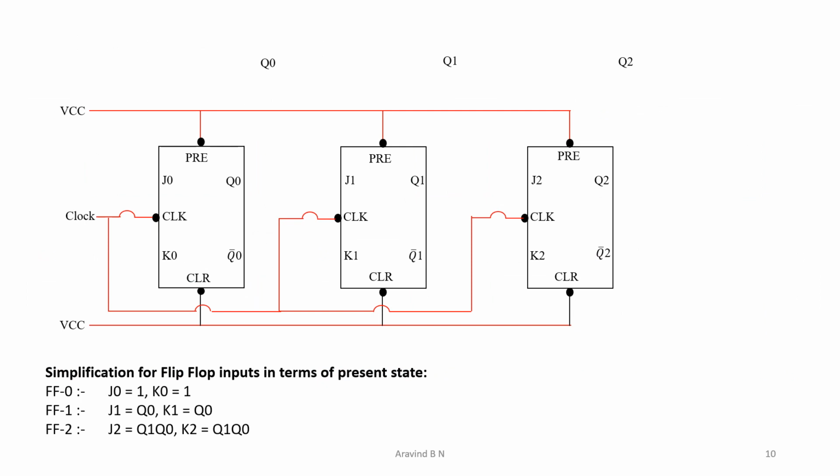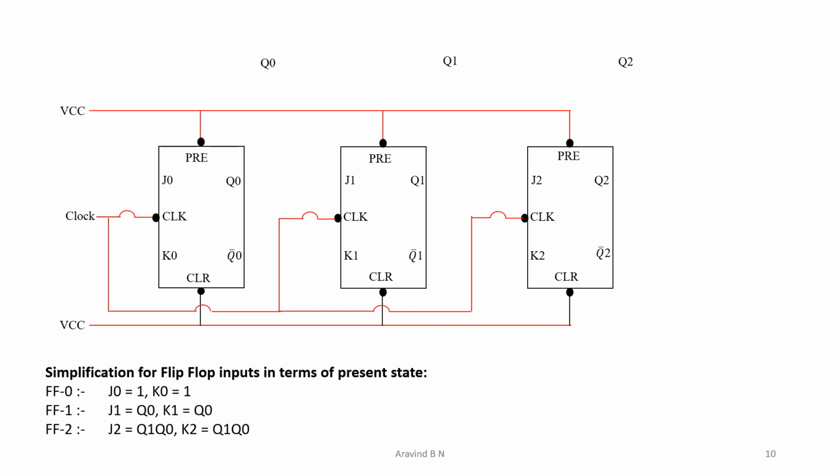Now let us take the circuit step by step. The first part: we are going to have 3 flip-flops and these 3 expressions that were obtained from the K-map simplification. Taking the circuit step by step, preset and clear of each of these flip-flops are connected to VCC because we want to keep this in a regular counting operation. Then the clock is commonly given to all the flip-flops. So the clock is connected here, shorted and connected to this, and shorted and connected to the last one also. So this is the first part of the connection.